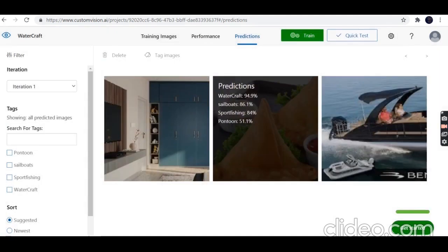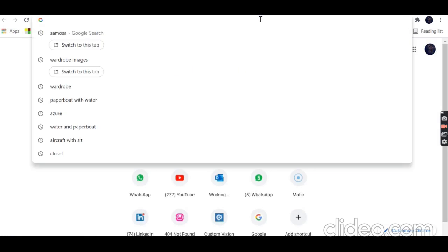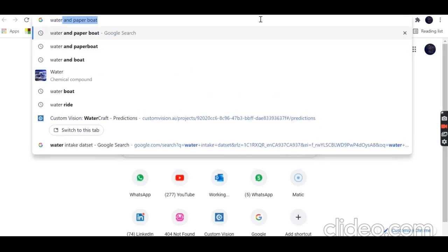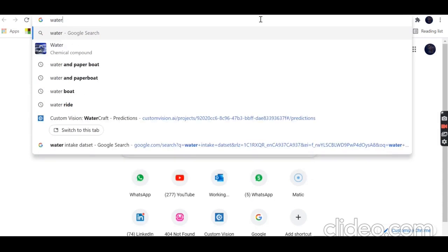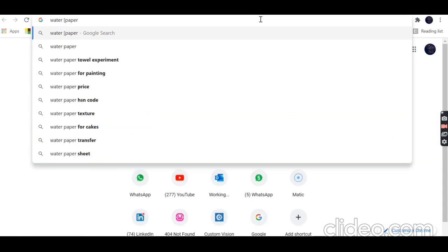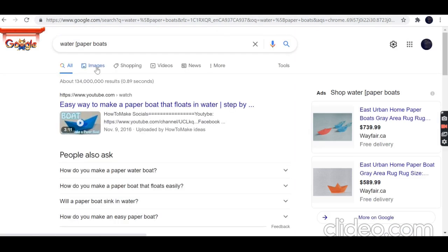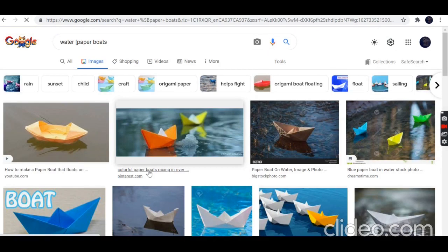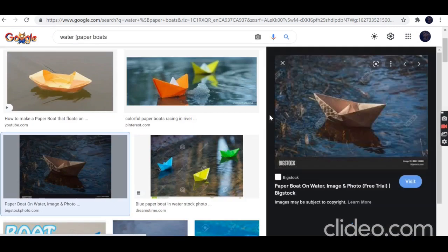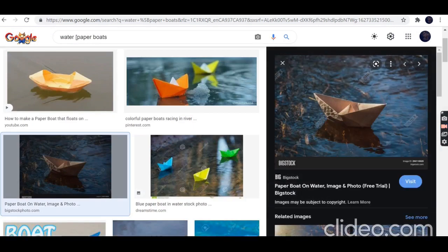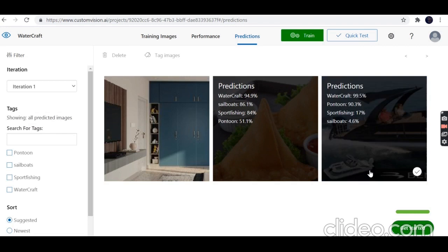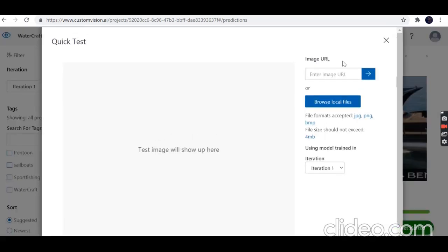Now let's try some other image, like some water paper boats. Yeah, so paper boats. Let's try this one. So copy image address, and going back to Custom Vision, let's try the Quick Test.